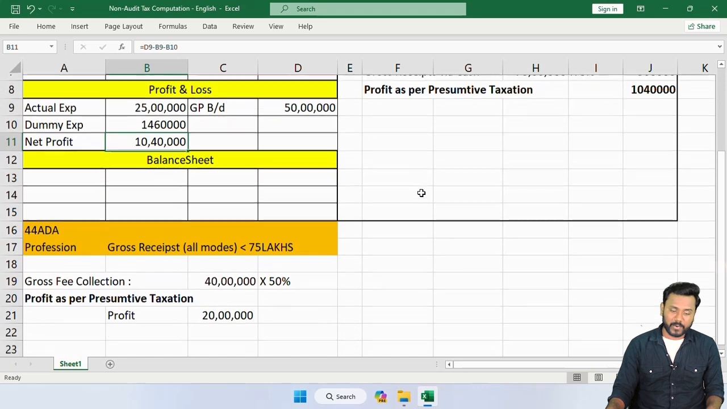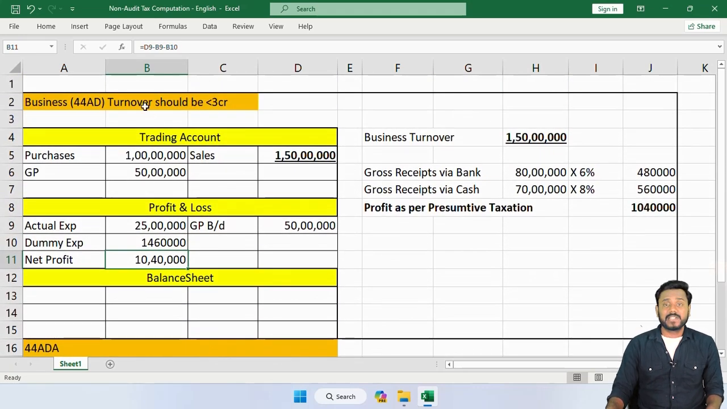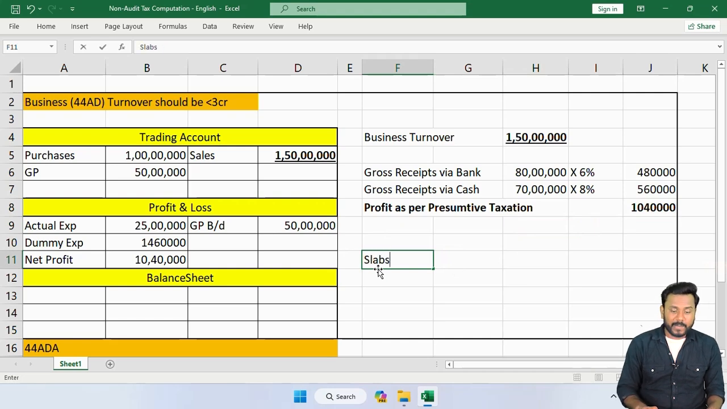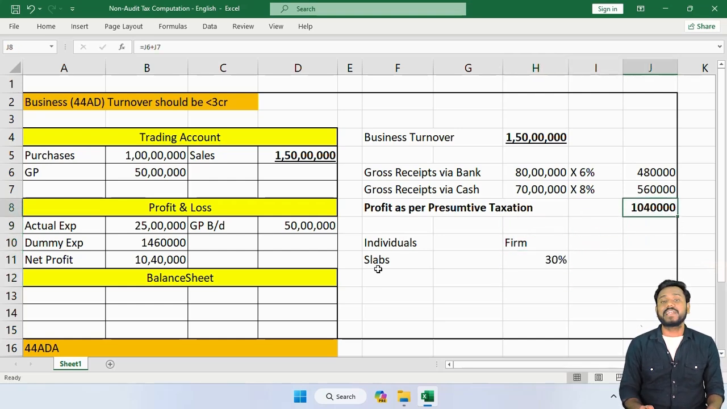Okay. And one more point I would like to add here is, imagine if this business was run by an individual person, on this 10,40,000, the individual person will be paying taxes to the government on the basis of the slabs. If the same business was run by a partnership firm, then the firm will be paying directly 30% tax on this profit with additional cess. Again I confirm, if the business or profession belongs to an individual person, a proprietorship, on that income,